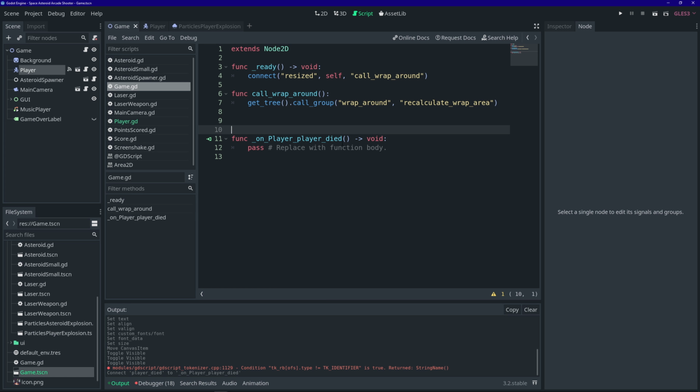And I'm actually going to write a comment here so that we know what this function is. I haven't been doing it as much as I should have been, but it's really good practice to comment your code. You know, write a comment over functions that help you describe what the function does, or anything that helps explain what the code is doing, because it's not super obvious. If I or you were to come back to this project a few weeks, a few months down the line, and you wanted to edit what happens when it's game over,